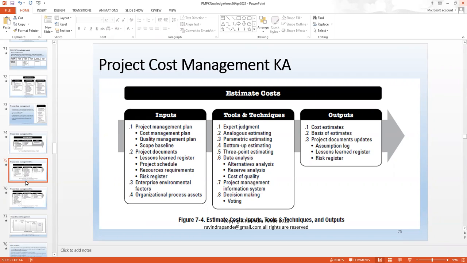Here, we normally include all the resource names, all the schedules, all the scope baselines and scopes, so that we know what type of cost I'm incurring. I can even calculate how much cost I'm spending as of today, 7th June 2022. And this is actually the best part of project management. You get to understand these cost lines so that we can manage the project on a cost-to-cost basis,